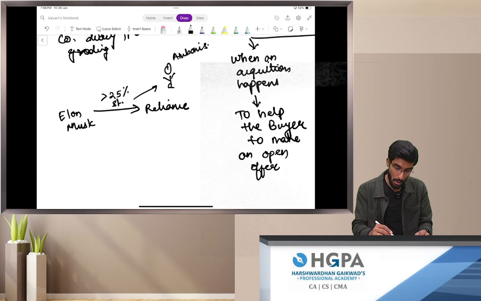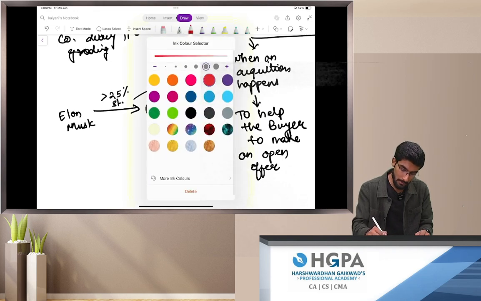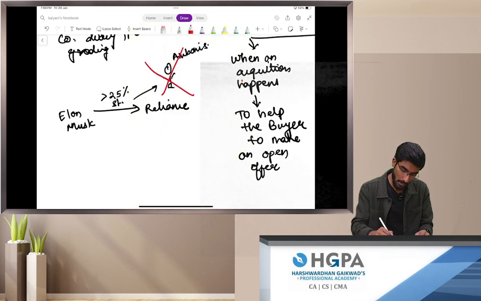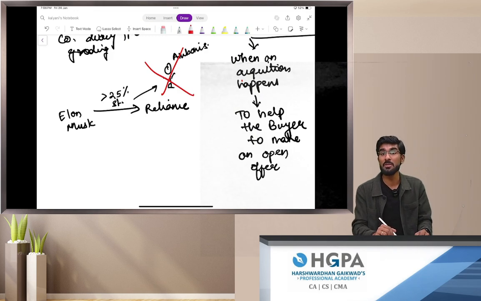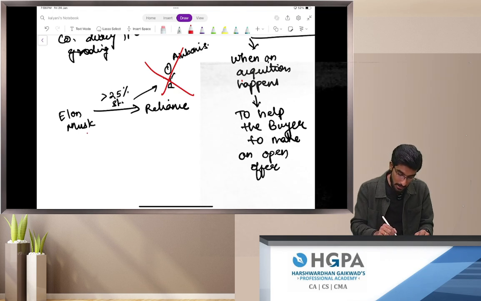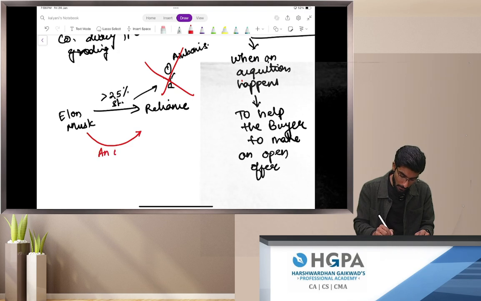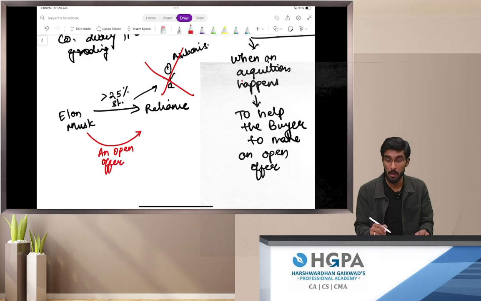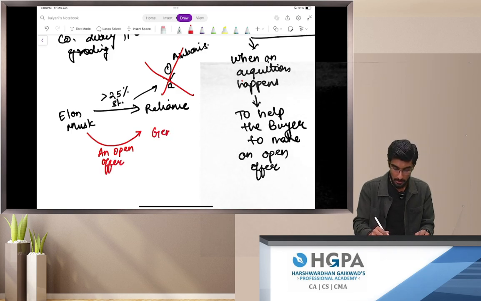This is not allowed, people. Before he purchases more than 25% shares from the Ambanis, he needs to make an open offer. An open offer to whom? To the general public, for an offer of how much, people? Offer of